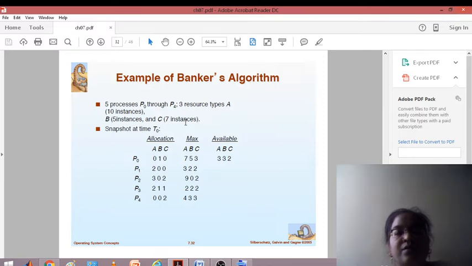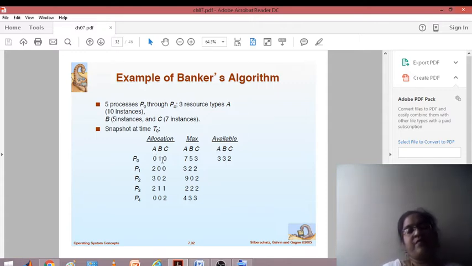instances. Now here you can check how it can be 10. Always, the allocation plus available should be equal to the number of resources available. The allocation matrix defines how many resources are allocated to each process. P0 is allocated 0 resources of type A, that means it is not holding any resource of type A right now.